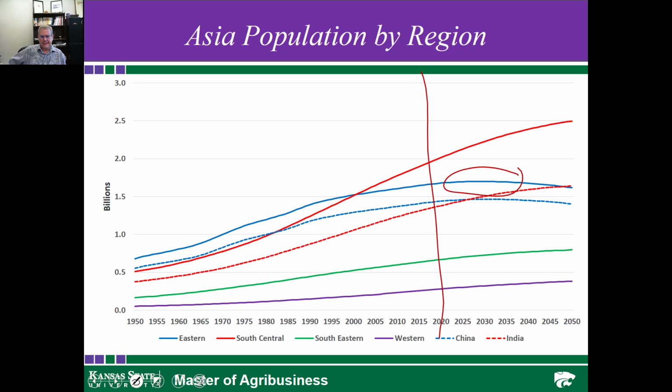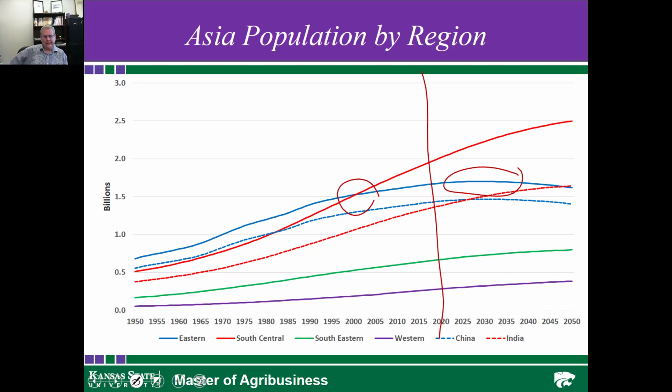If you look at South Central Asia, though, we see a lot of growth. Essentially, we're expected to roughly add another 500 million people in South Central Asia, again, many of those in India. And looking at this, certainly you can see that from an Asian perspective, back about 2000, 2001, South Central Asia increased or surpassed the population in Eastern Asia.